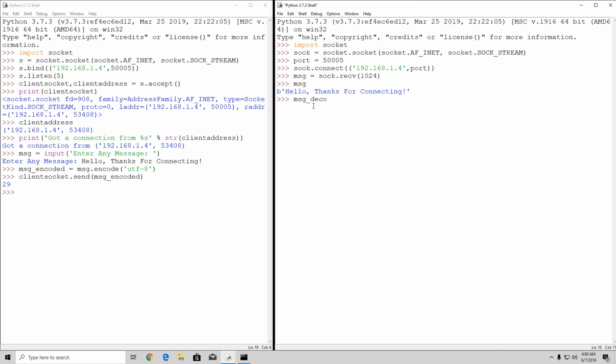message_decoded equals message.decode, and we want to decode the thing that we sent, and we sent it with the UTF-8 encoding. Therefore, message_decoded, as you will see right here, will no longer have this B. It will just be a simple string. So don't forget that once you actually encoded it in the server-side code, you also need to decode it in the client-side